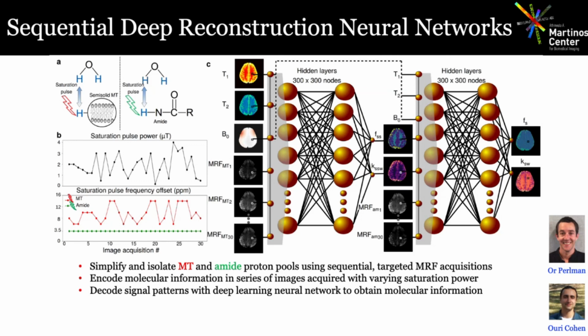And we input those images along with T1, T2, and B0 maps into a neural network to generate these semi-solid proton volume fraction and exchange rate maps. And then we can plug that into another neural network where now we're saturating at the amide proton chemical shift offset, but we're giving it the information from the first. So we've already pinned down the parameters for the MT, the semi-solid pool. The exchange rates on those macro